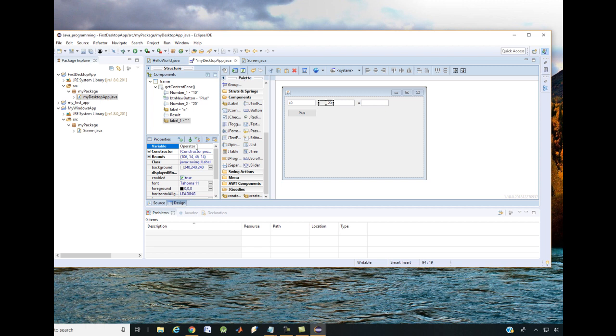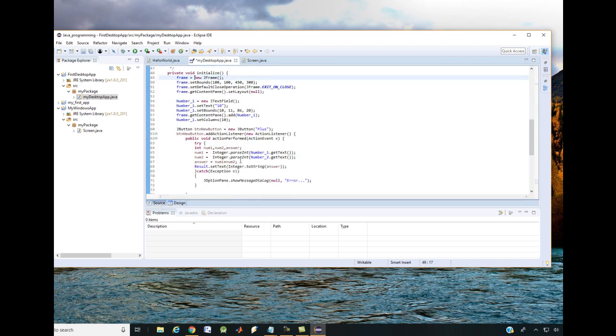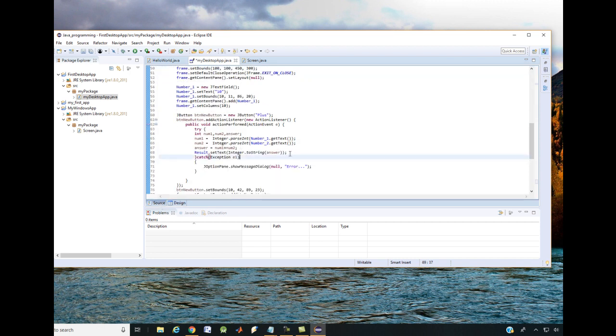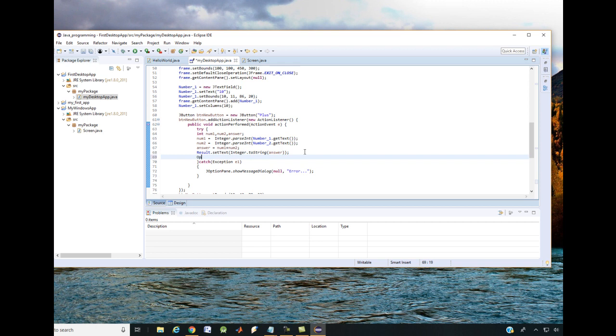Now in order to change my operator, I am supposed to use that variable. As default, this operator is basically just an empty label. Now in my source, here I can change my operator